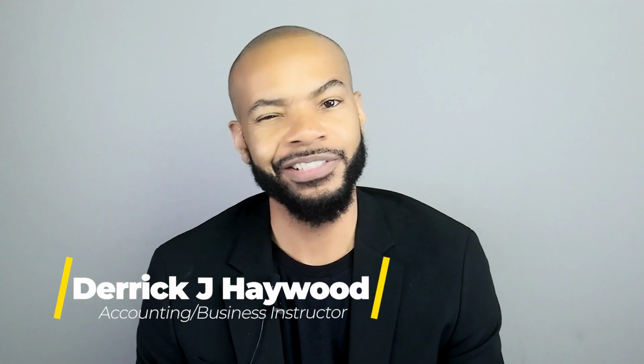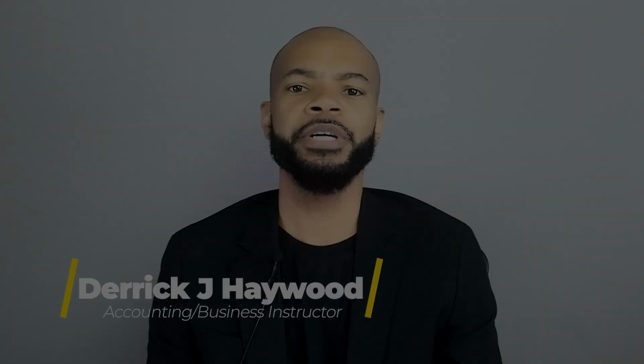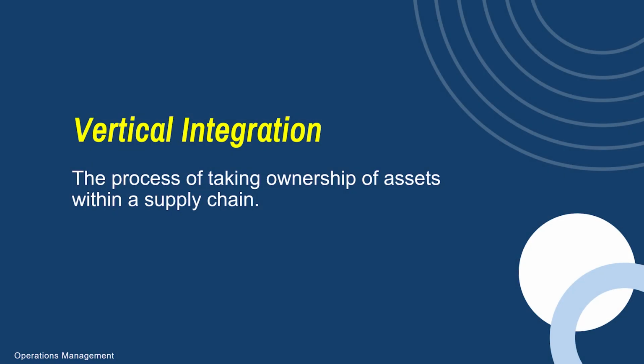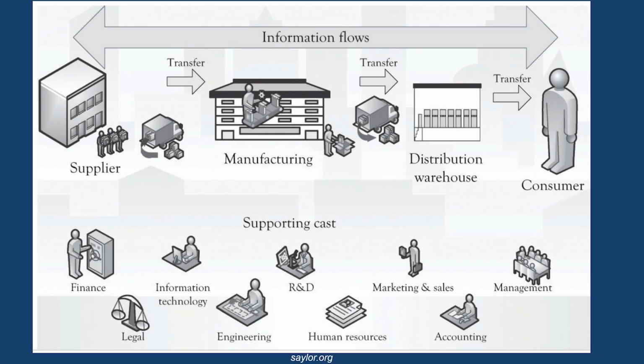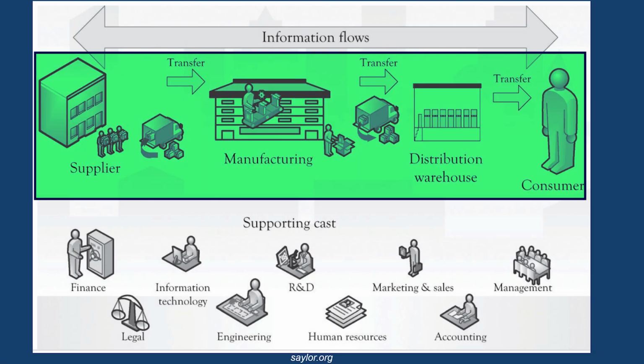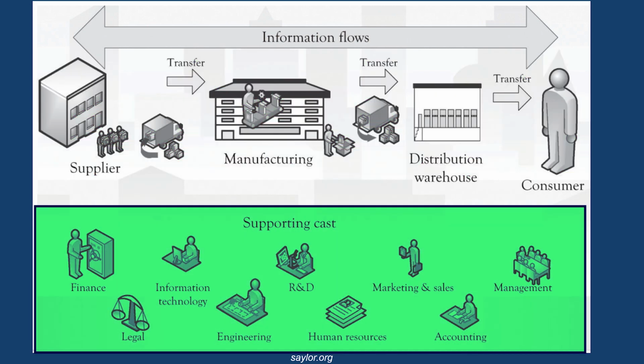What is vertical integration? Vertical integration is simply owning multiple assets within a supply chain. In an earlier video, I talked about all of the different aspects of a supply chain: the supplier, the manufacturing, the distribution, the retail, and then all of those people that work in organizations that support the activities of a supply chain. So when we look at vertical integration, we're looking at it from the perspective of what we call